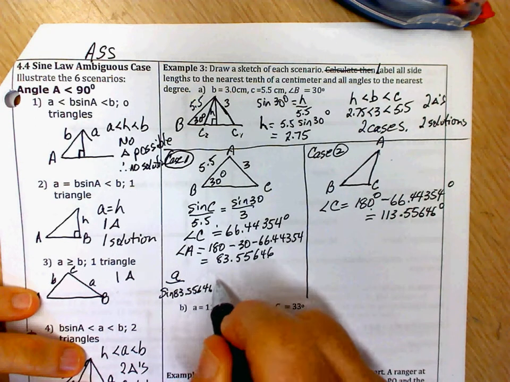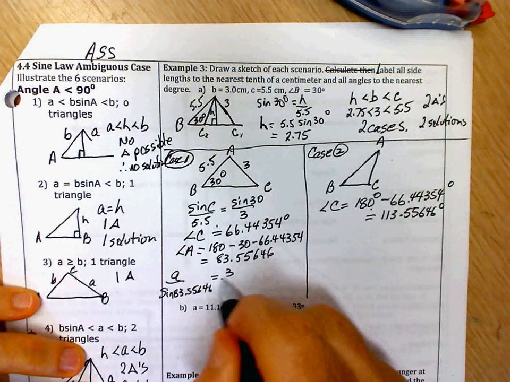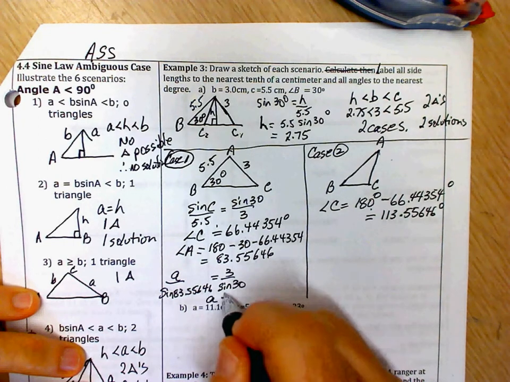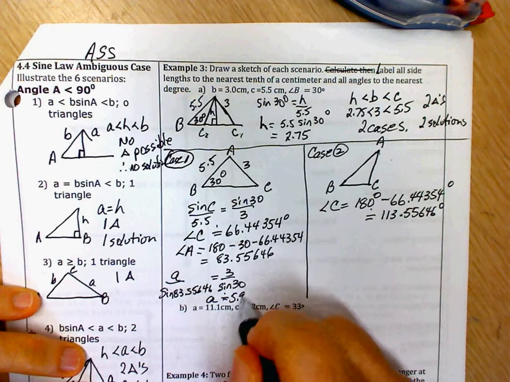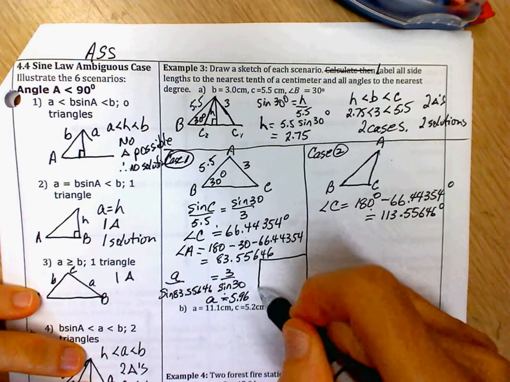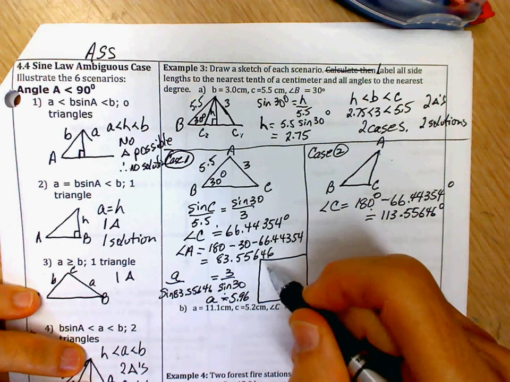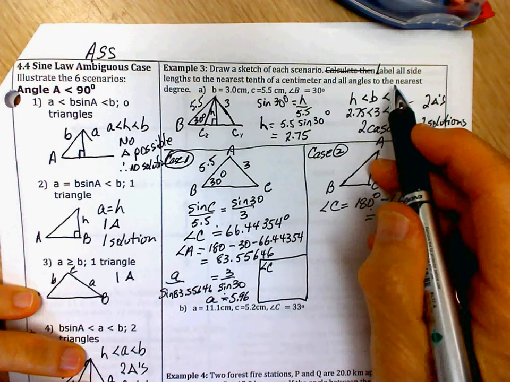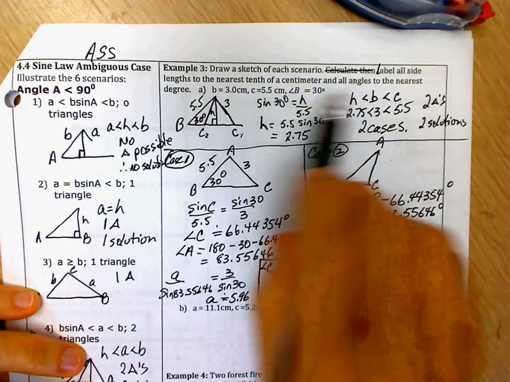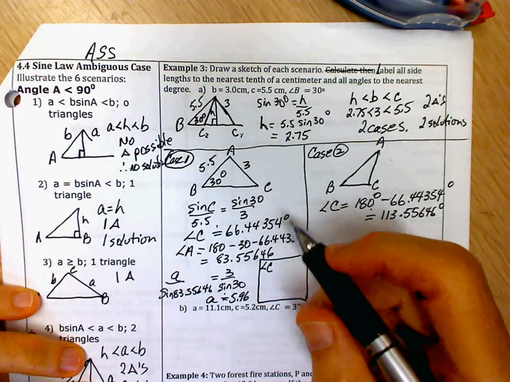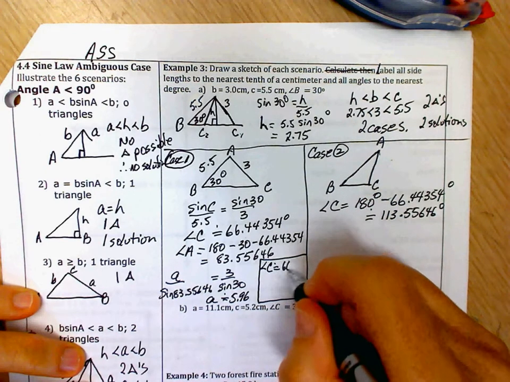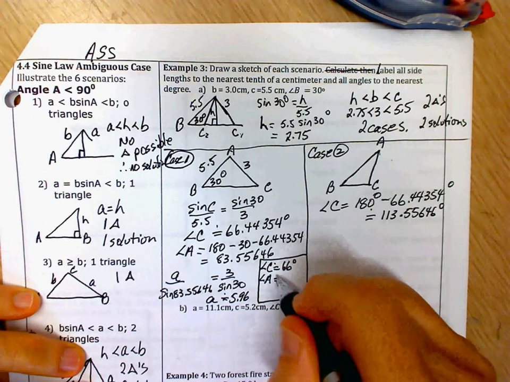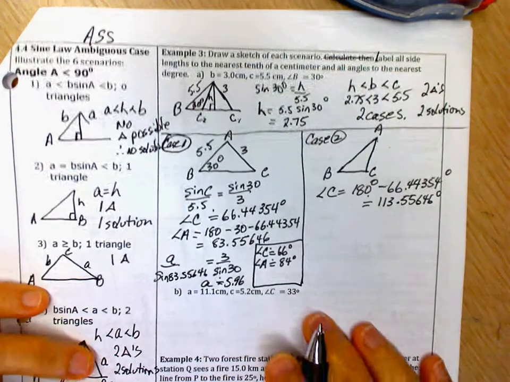When you calculate that, a is approximately equal to 5.96. So just doing a summary of everything we've calculated. Angles to the nearest degree and lengths to the nearest tenth. So angle C is approximately equal to 66 degrees. Angle A is approximately equal to 84 degrees. And little a is approximately equal to 6.0